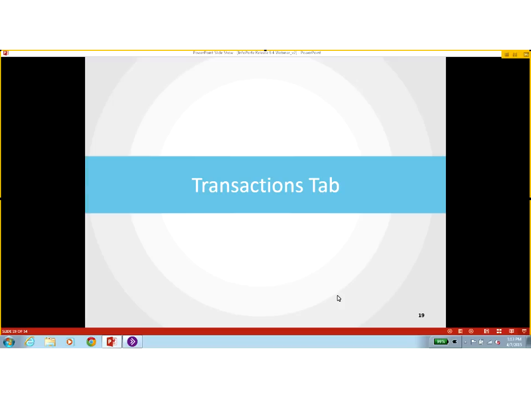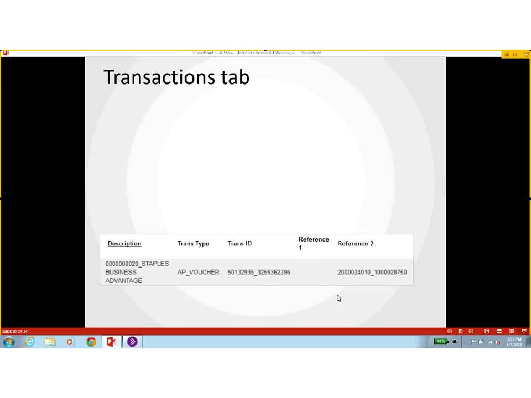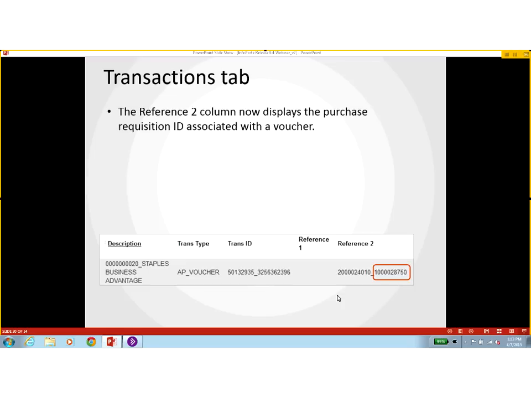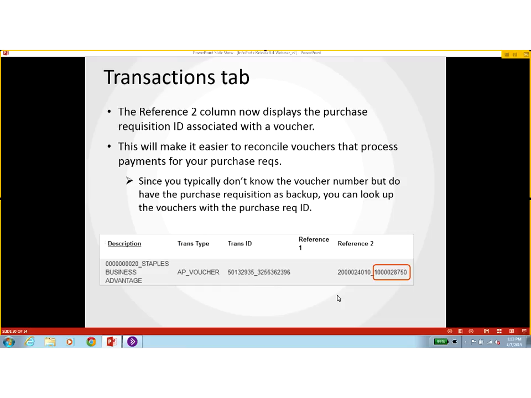The Transactions tab. We've had really one major change on the Transactions tab. When you're looking at the transactions, and here's an example of a voucher on the screen, you'll notice that the Reference To column now has the Purchase Rec ID. Now, if there were cheers going out about direct and indirect, all of campus is excited, and there are fireworks popping off about this. Because you really need that rec ID when you are doing your reconciliation on your ePro